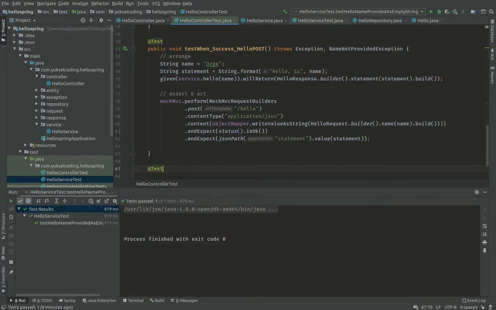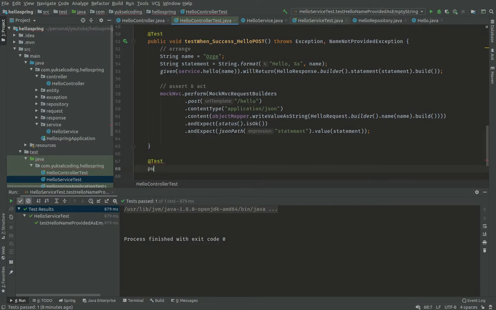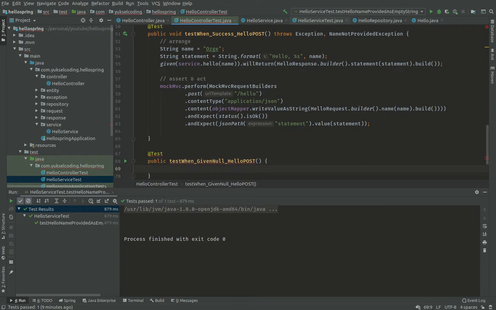So a test, public void test when given null, hello post. Okay, this function is also a void function, sorry about that. Okay,